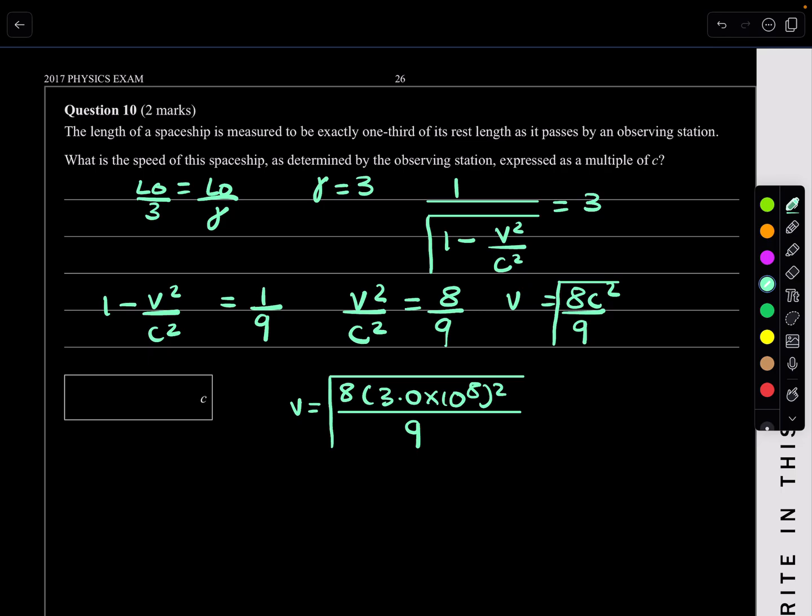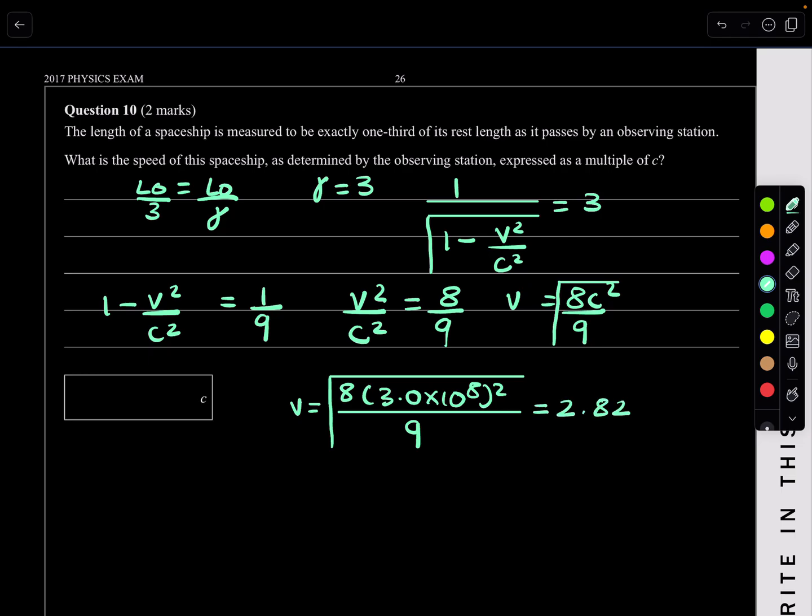Now we got 8 times 3.0 times 10 to the power of 8 squared... wait, I didn't square root it, sorry. I didn't square root on my calculator. Times 10 to the power 8, and then we take the square root of it. That gives me